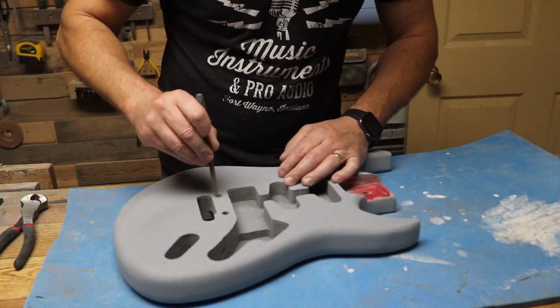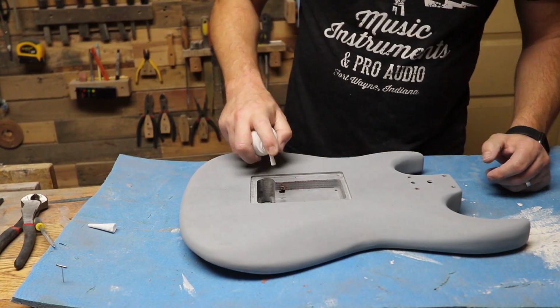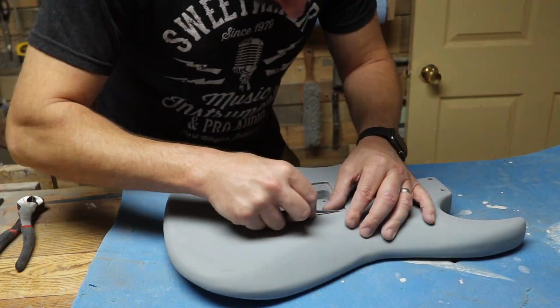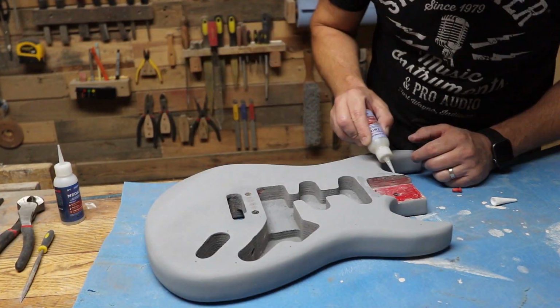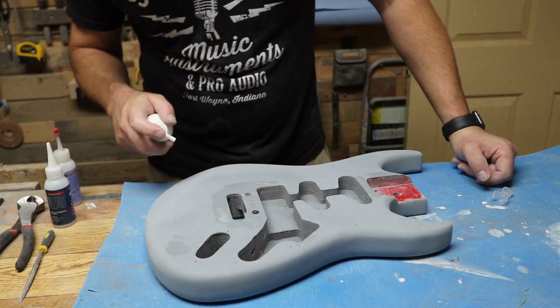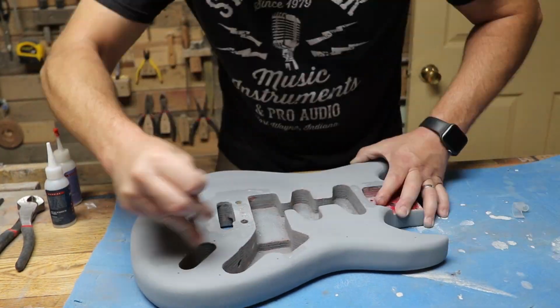All right, as you can see, I've got more body primer on here, and I'm just touching up weird spots before I do the final coats of primer. So every time I do one of these touch-ups with the super glue and accelerator, I end up going back and having to do another coat of high fill primer. Now I am finding some bigger